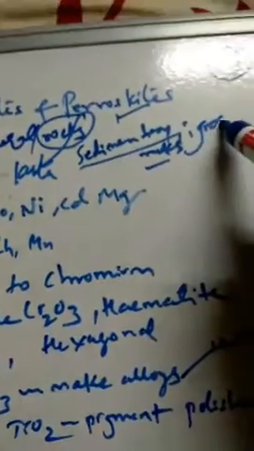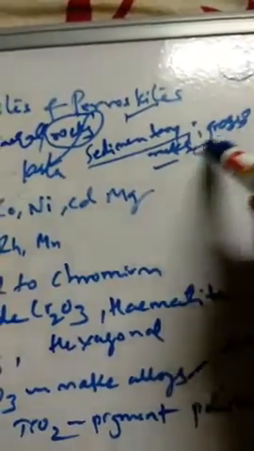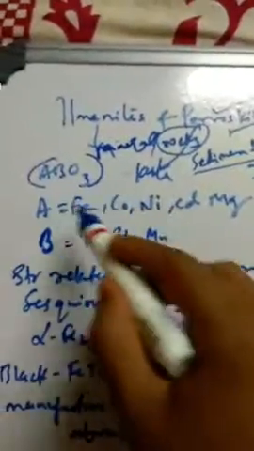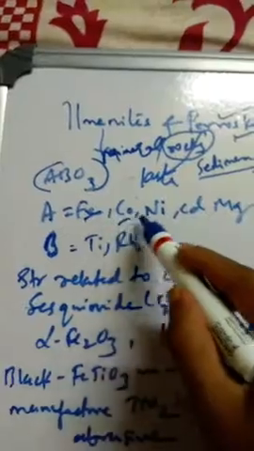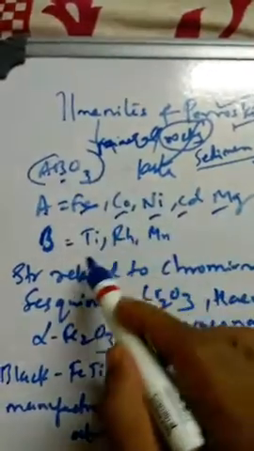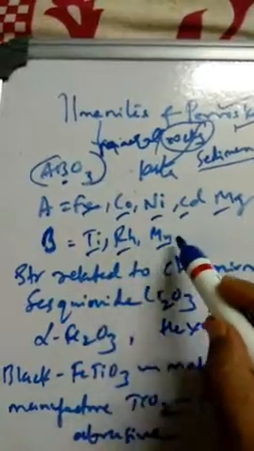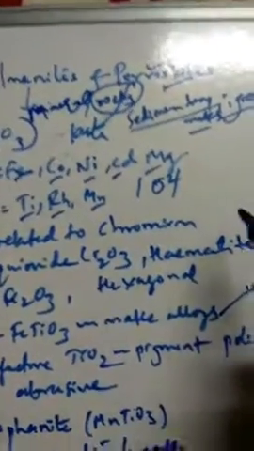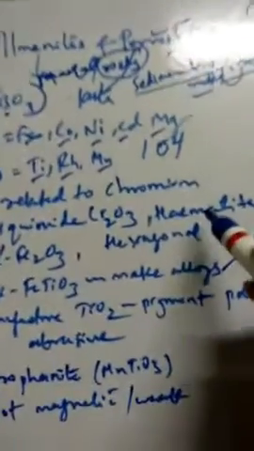Igneous rocks. So this contains the ilmenites and they have the general formula of ABO3, like perovskites. So this also has a general formula of ABO3 where A stands for any of these cations like iron, cobalt, nickel, cadmium, magnesium, and B is titanium, rhodium, manganese, and O3 is oxide. So oxides are made up of stacks, okay, of the structure rhombohedral or hexagonal.